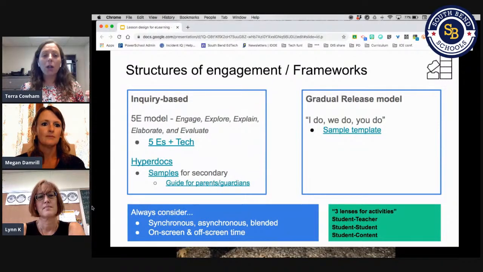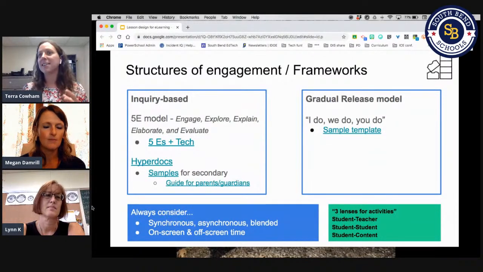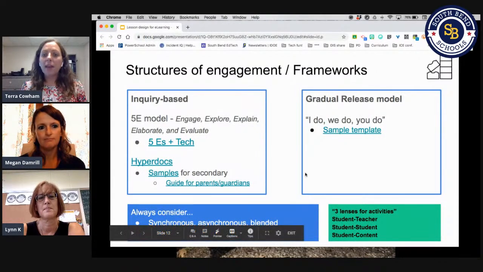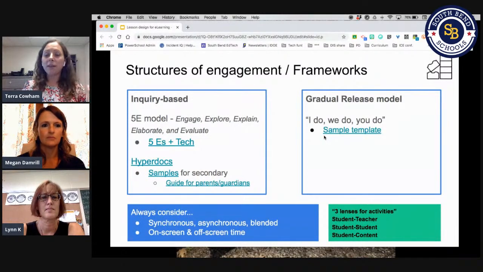And also, we need to think about the product, and it's okay to have multi-day documents and lessons that these kids are taking a week to get done, because what you're asking them to do is getting down deeper, and that's bringing the rigor in. The other thing that we have is the gradual release model. So this would fit really well with a blended environment with the I do, and we do, and the you